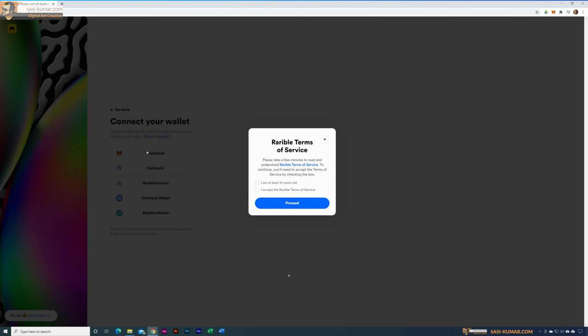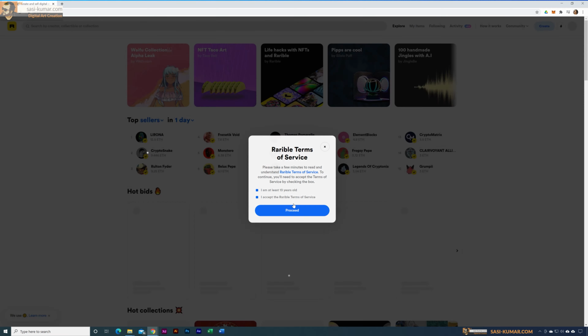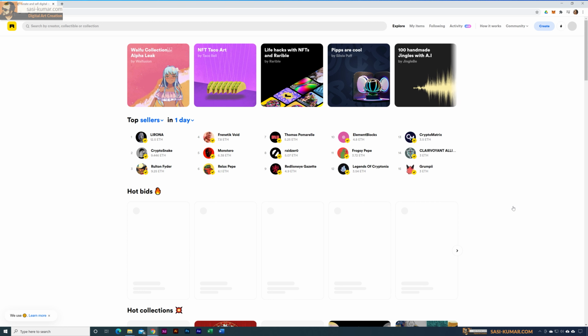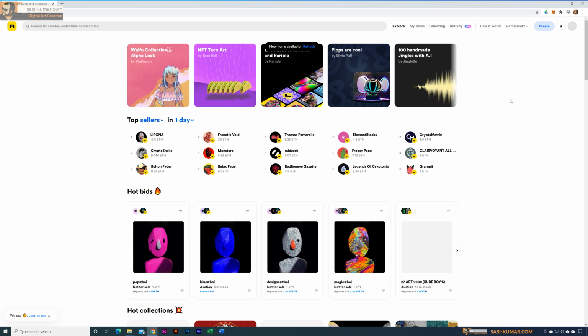Okay, so once you click, you can see it's asking for age verification and terms and conditions. Once you agree, we can proceed. And once you click, your wallet should ask for the verification, which it didn't ask for some reason. It's straight away connected. Maybe it's because I already gave permission with my other wallet inside of MetaMask. You guys may get a message from MetaMask asking to verify. So just click on accept or verify, which will straight away connect to your new profile.